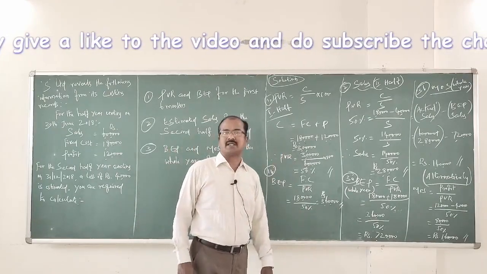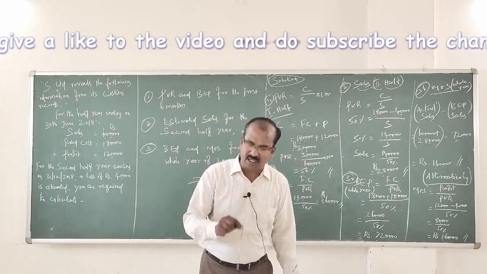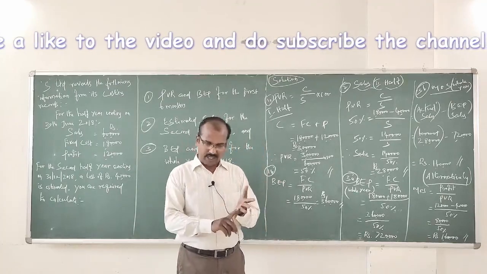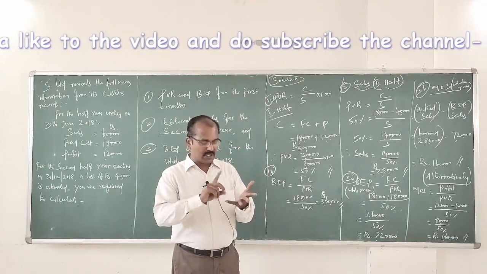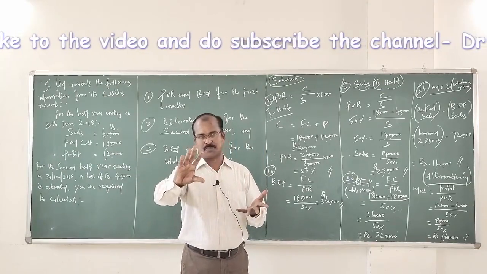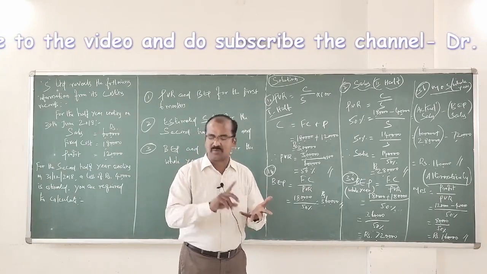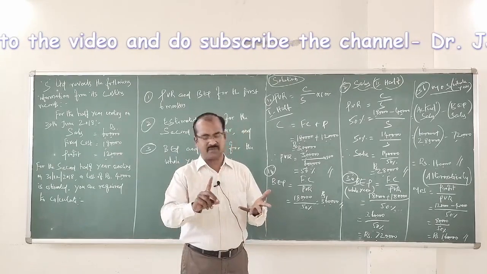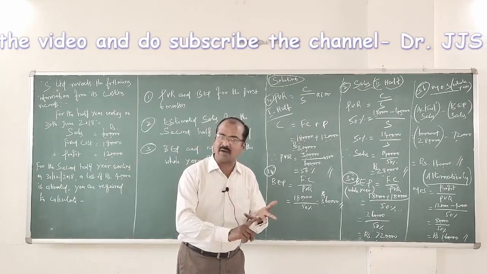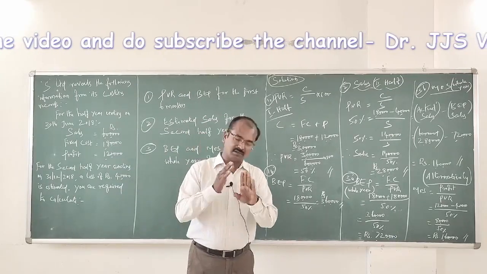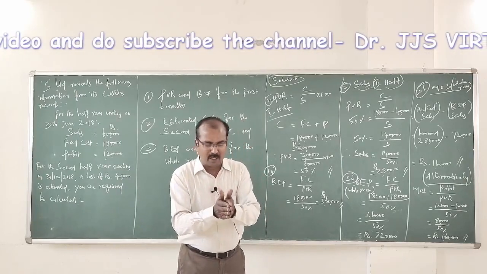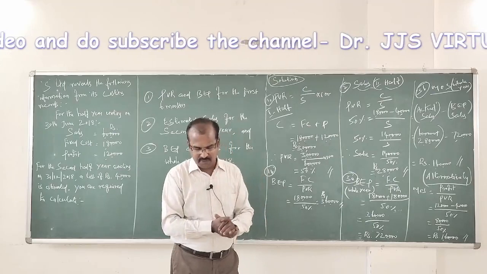Now requirement 2 is the calculation of estimated sales for the second half of the year. It could be computed using two ways. One, required sales to earn a desired profit or to estimate a loss. The formula is fixed cost plus profit, if there is a profit. If there is a loss, minus loss. So fixed cost minus loss divided by PVR. This is the first way to calculate required sales, which will take the concern to incur a loss of 40,000 rupees. What is the second way?